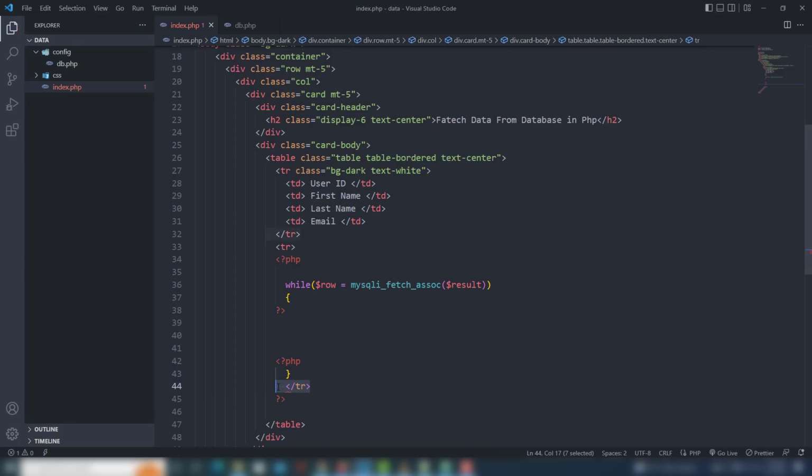Not there, paste on there, this one section, right? This is a starting, this is a closing. Inside there I use td,